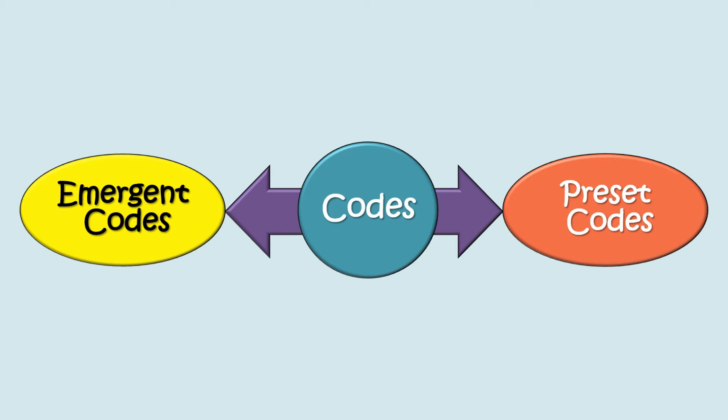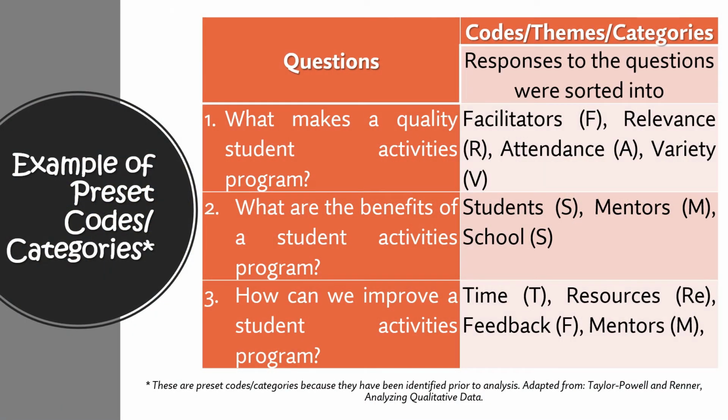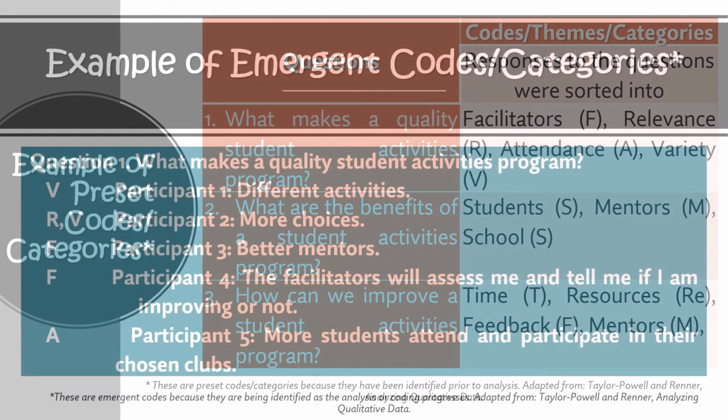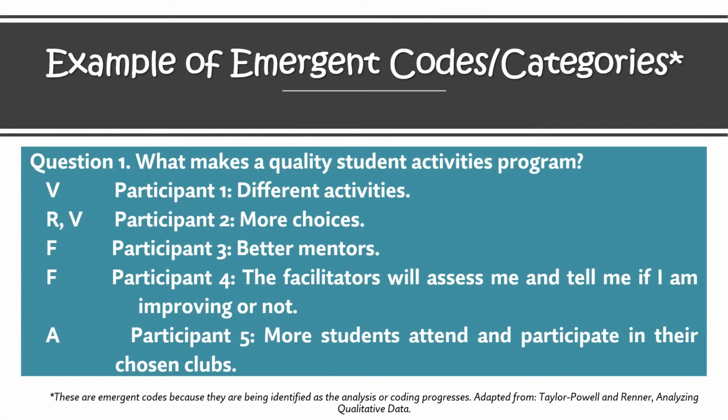Qualitative researchers use codes to easily identify meanings and group similar patterns or themes that occur or transpire in the interview transcript of each participant. By using codes, the researcher can easily make an inference. Shown on your screen is an example of preset codes or categories because they have been identified prior to analysis. Shown on your screen are examples of emergent codes or categories because they are being identified as the analysis or